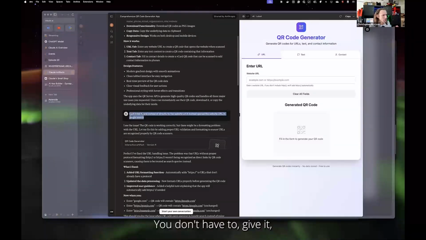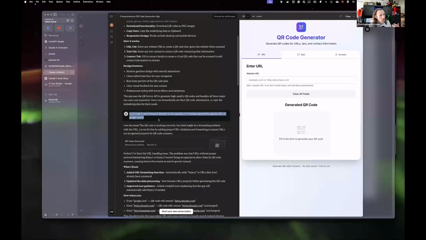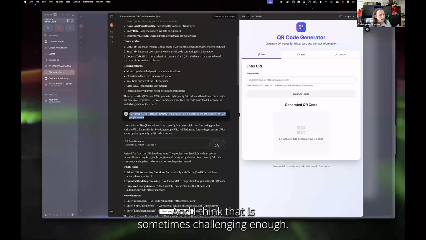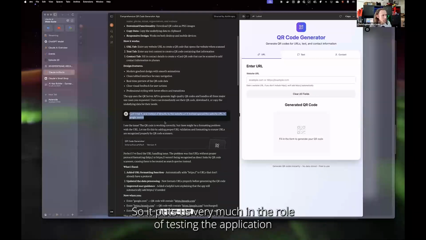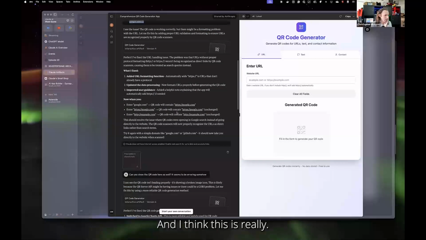You don't have to understand exactly what it's doing per se, although that does help. But you do have to be able to describe what's wrong. And I think that is sometimes challenging enough. So it puts us very much in the role of testing the application to see what it's doing beyond just writing the code. And I think this is really interesting.